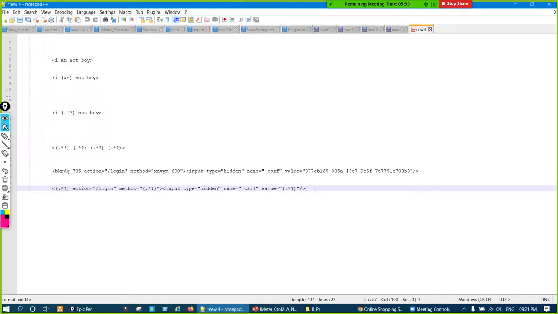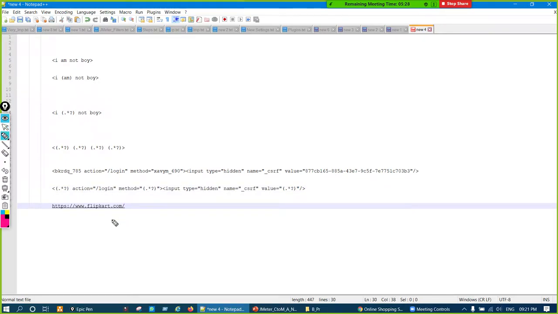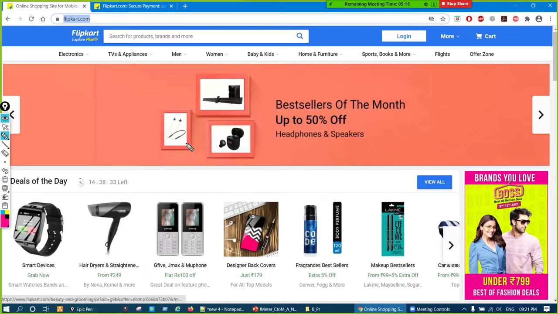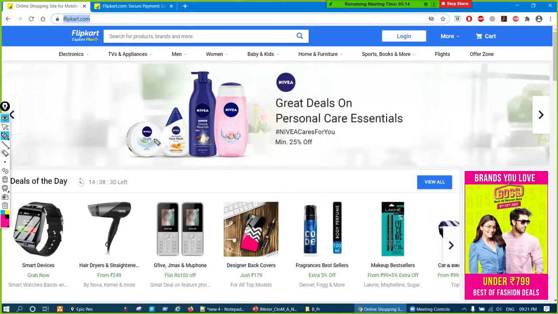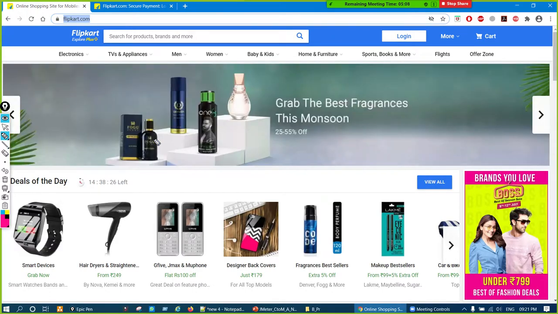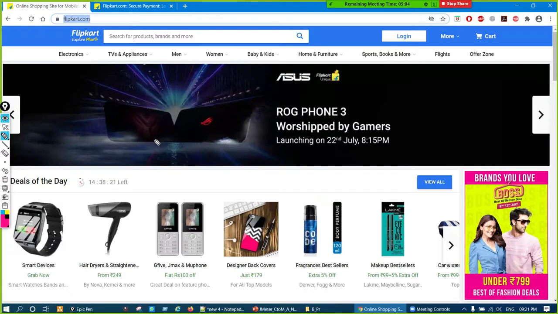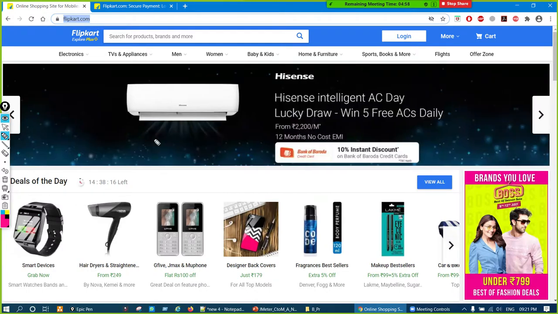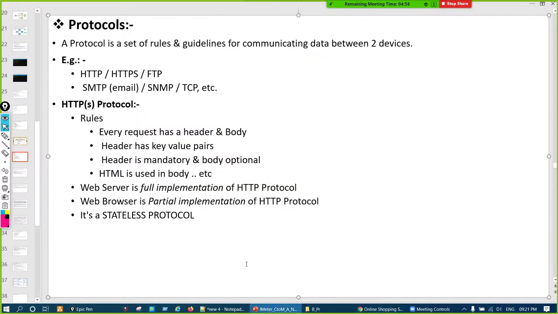If I copy this website address and put it over here, you'll see that HTTPS is there by default. HTTP or HTTPS, same thing. So all these web-based applications communicate on this HTTPS protocol. We have to know that because 70 to 80% of projects are web applications only, and JMeter is capable of testing web applications. So first we have to know the HTTPS protocol, then we can understand the other things.